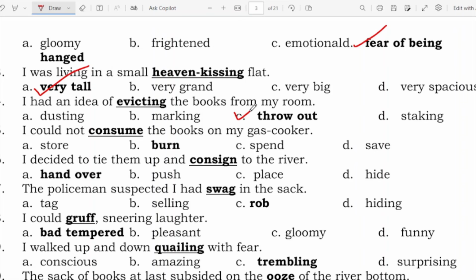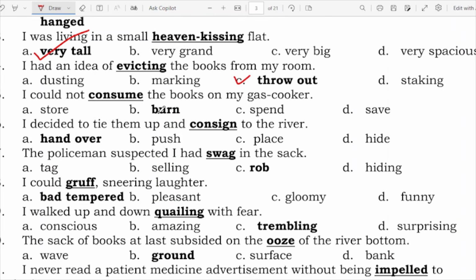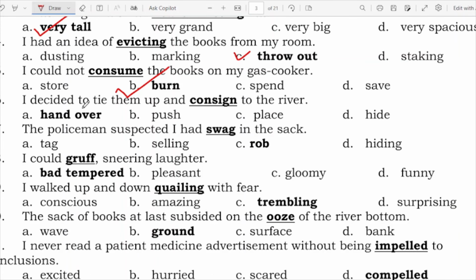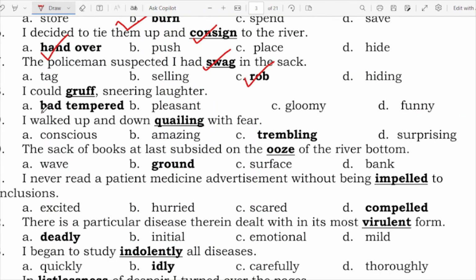Here we have the answer. I could consume, that is the word used by the writer there, to burn the books on my gas cooker. He didn't have it. I decided to tie up, and finally he decided to consign, hand over, to the river. The policeman suspected I had swag. Swag means to steal something, to rob something. I could sense the gruff, bad temper. He could feel the bad temper of the